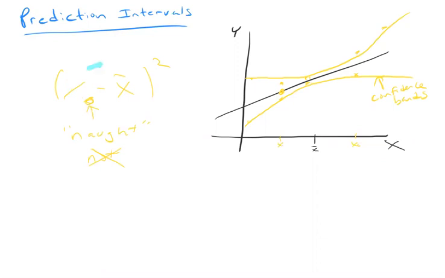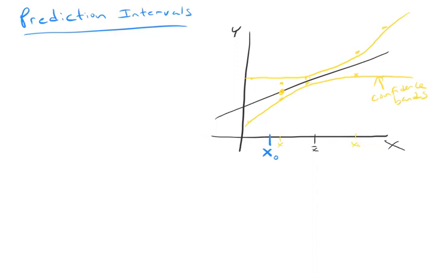But now we're going to move on to a different idea. This is not what a prediction interval is. This is what a confidence interval is. But now suppose that I have someone new enter the room, okay? Here is her value of x naught. And I am not interested in what the mean y value is for people with her x naught, but rather I want to know the whole range of possible values.